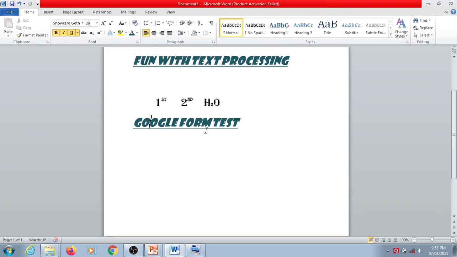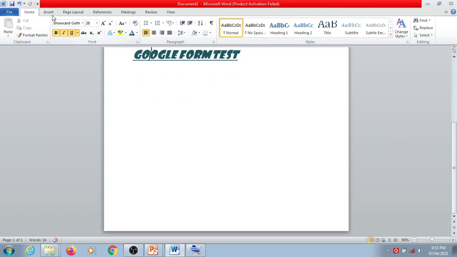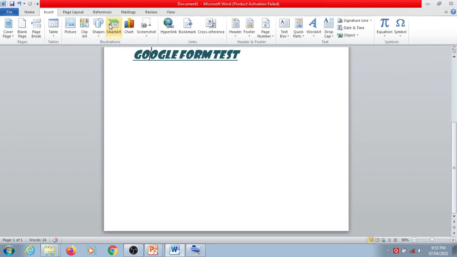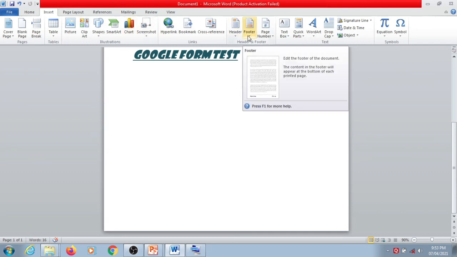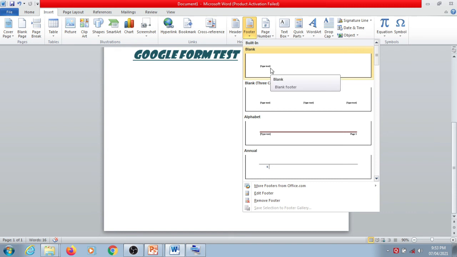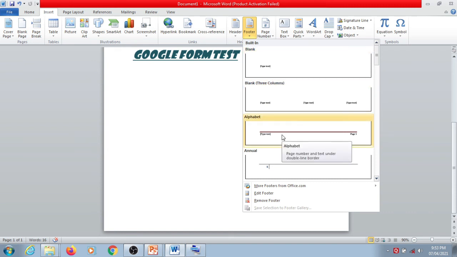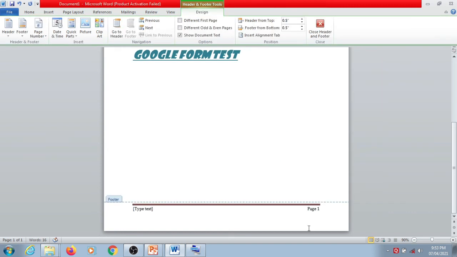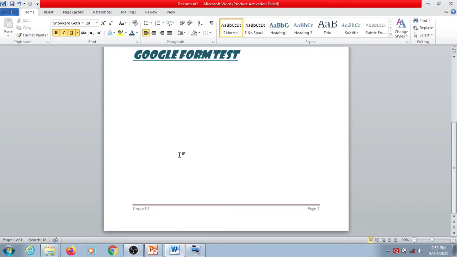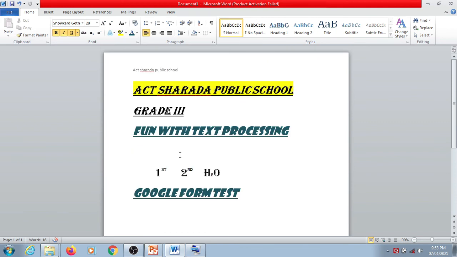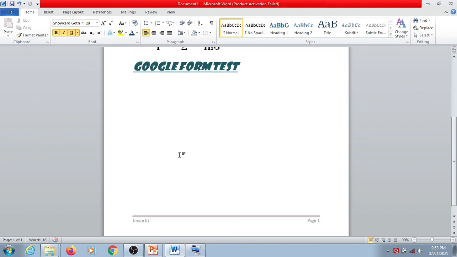To insert footer, click on the Insert tab. Click on the footer. Click on the alphabet or page number. You can type. You can see the change on the page.